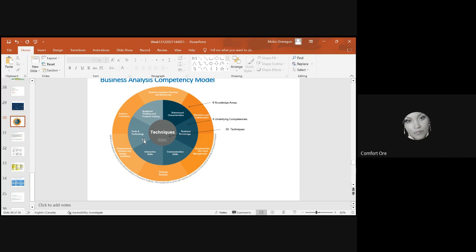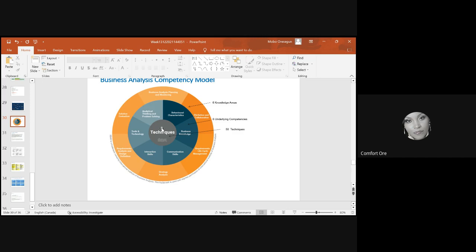That's one of the competencies I would also want you to add: analytical thinking and problem solving. Once you're told something, coming up with ideas almost on the spot is a very good skill to have. And then, remember I said there are 50 techniques that will be shared